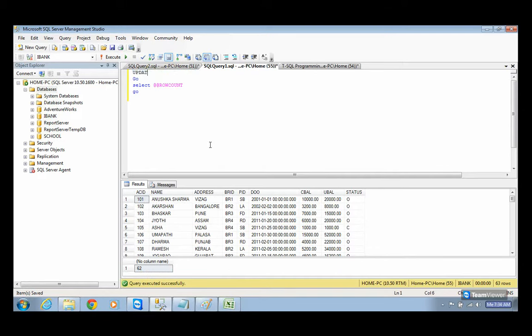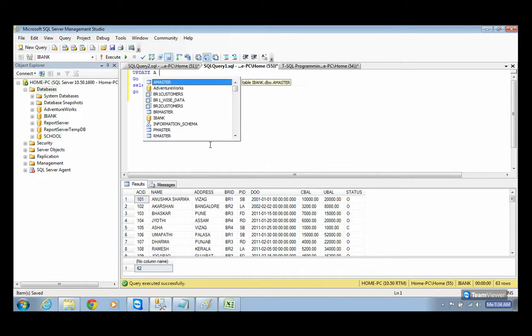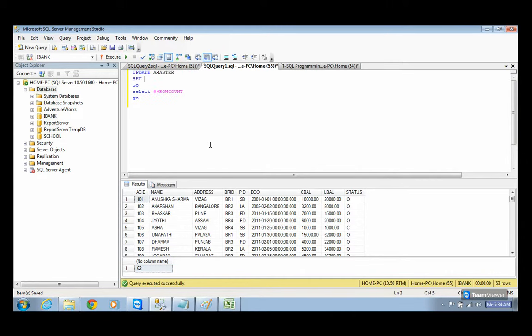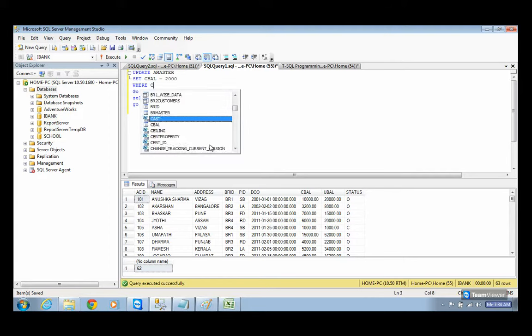Now I'm writing some command here. So UPDATE account master table SET C balance equals to say 2000 rupees, where C balance is less than